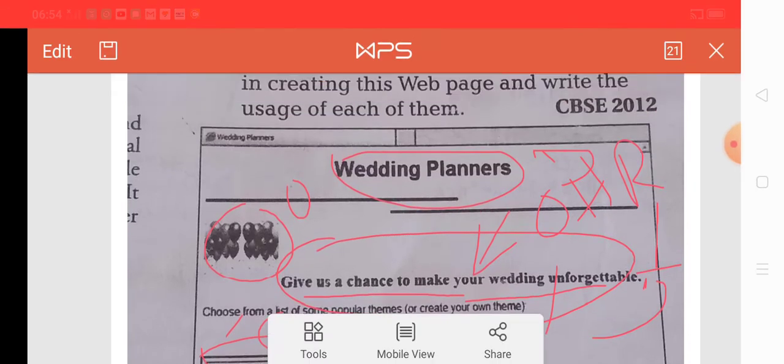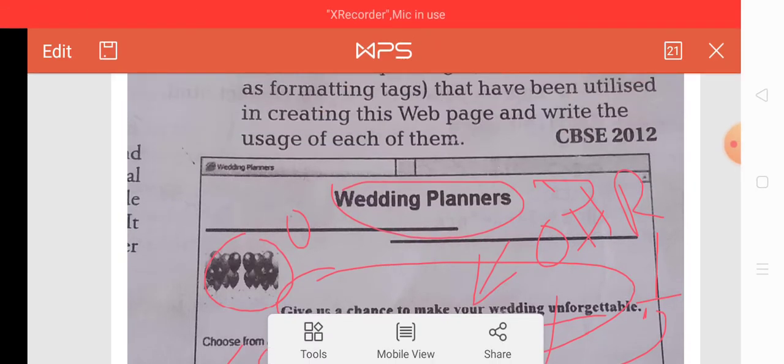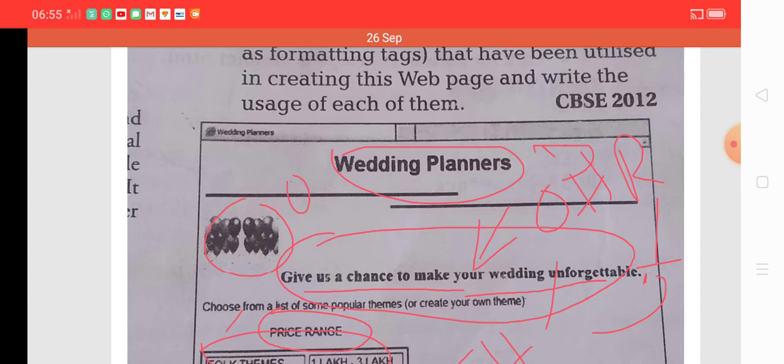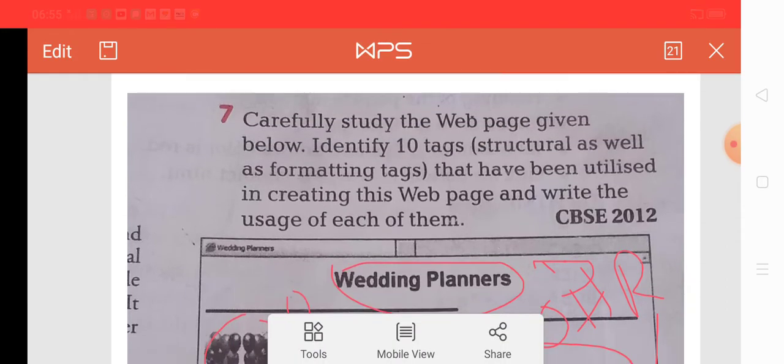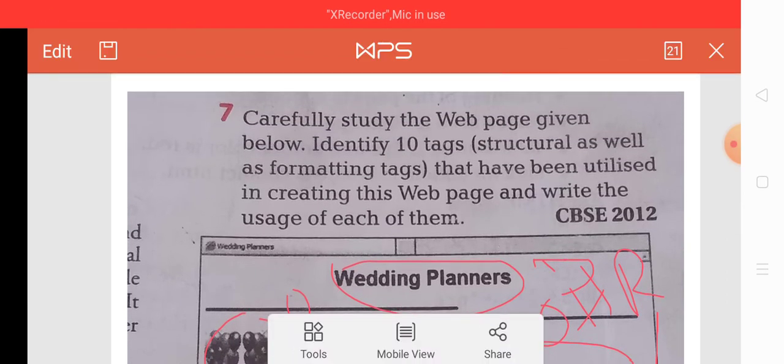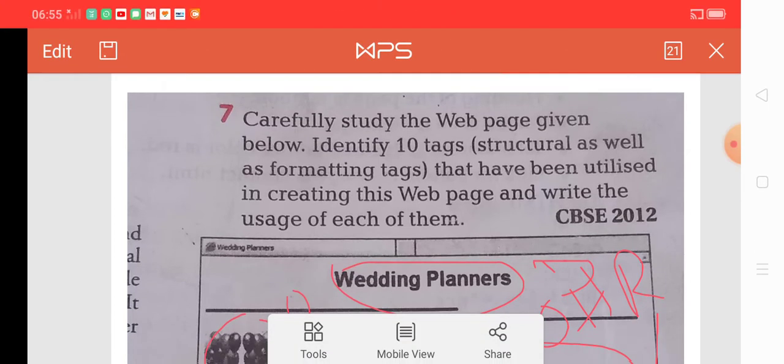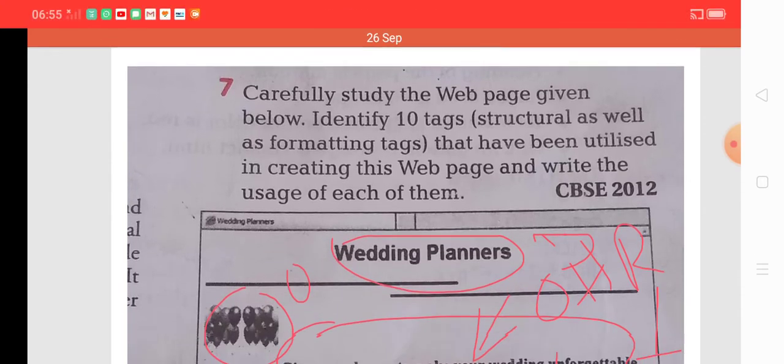Now our next question. I think it is clear to all of you, and now you are all capable to answer such type of questions. This type of question is asked so many times in the examination, almost every year. One question of such type is asked in your final examination, and this question was asked in CBSE 2012.